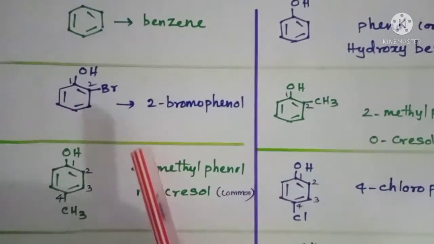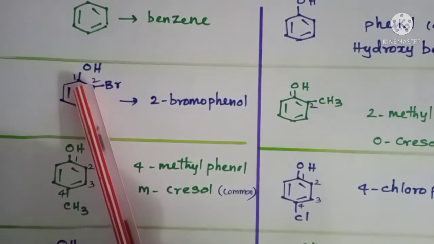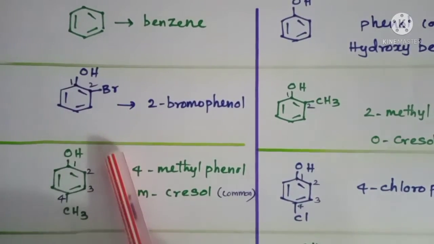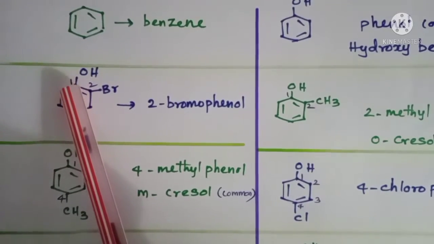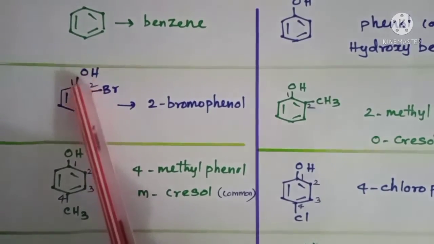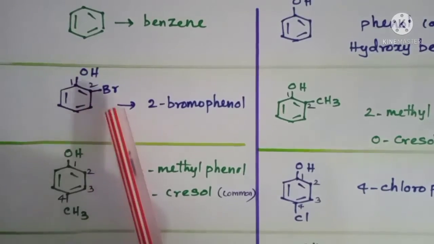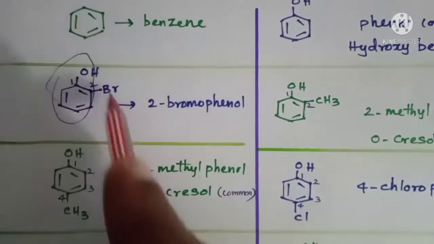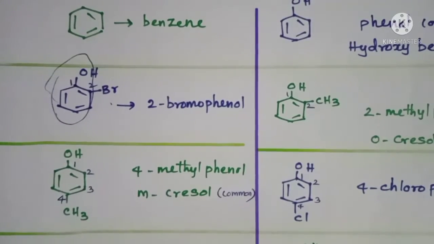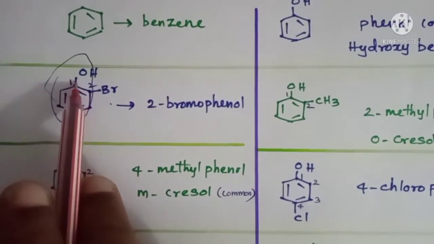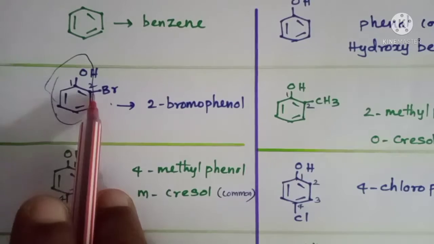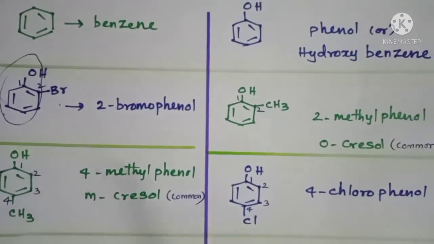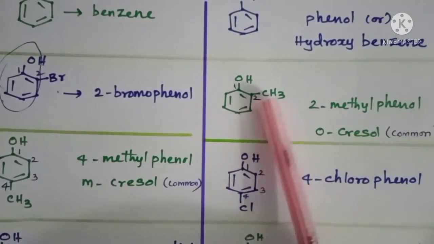Right. So now look at the second compound. Here in a phenolic compound, we have a bromine atom also, isn't it? Right. So now I number this way. I give preference to the carbon attached with the OH group. So 1, 2. Now this is phenol, which has a substituent Br. So bromophenol. While giving numbers, the bromine carbon gets number 2, isn't it? So it is 2-bromophenol.